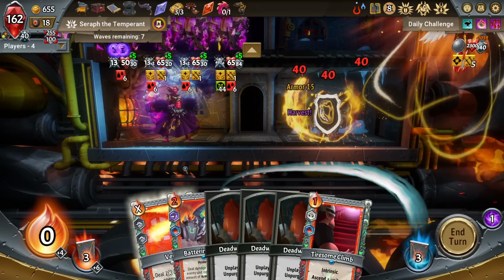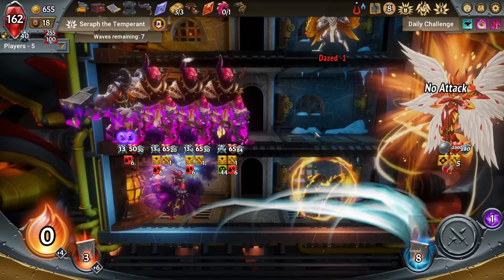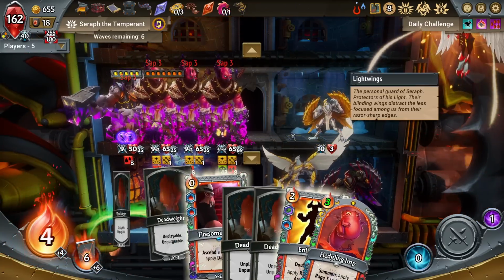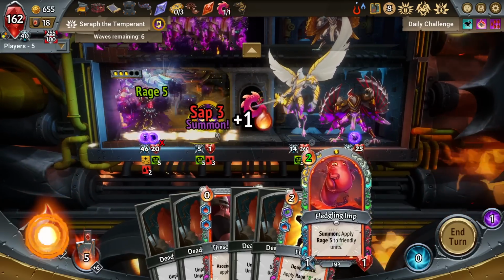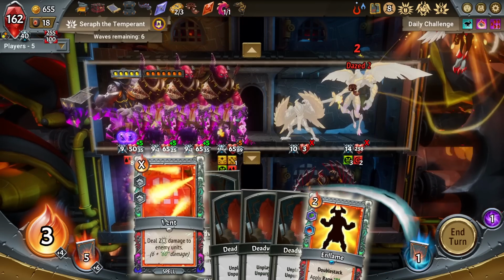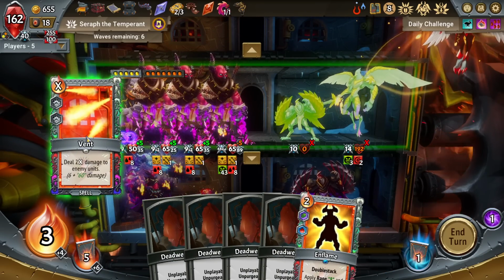We'll vent out bottom, then vent middle once. It's fine. This guy's dead to jack strips. It's okay. Okay. You ascend. Great. These turns are locked in pretty much. We ascend here. I vent